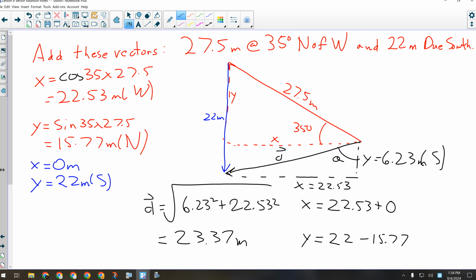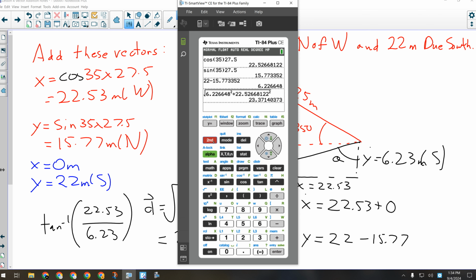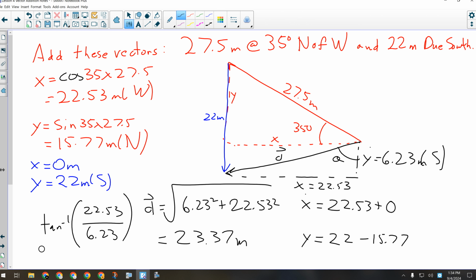And if I want to find the angle, the way I drew the angle, x is opposite, y is adjacent. If you drew it the other way, that's fine. It's just going to be reversed. So I'm going to have 22.53 divided by 6.23, again with all the decimals. Okay, so I'm getting a 15.45 degree angle